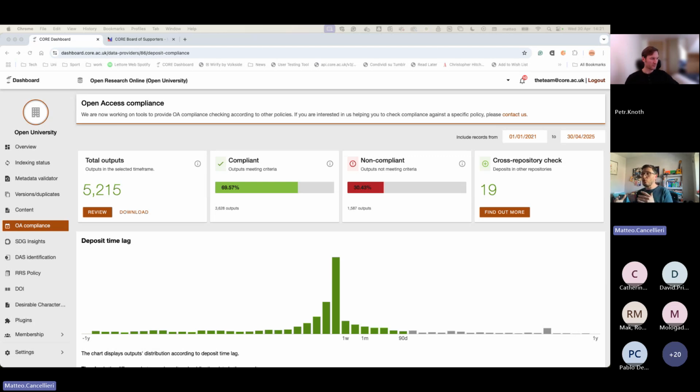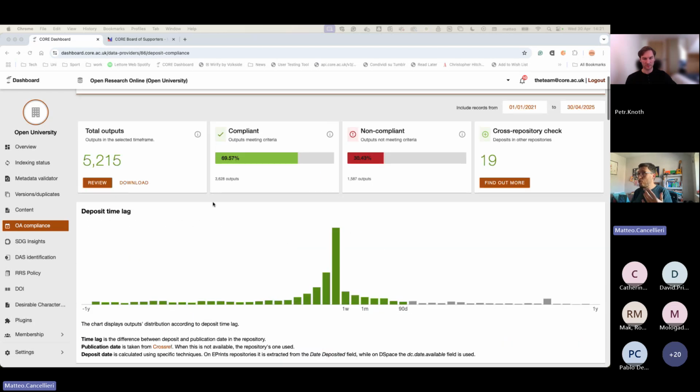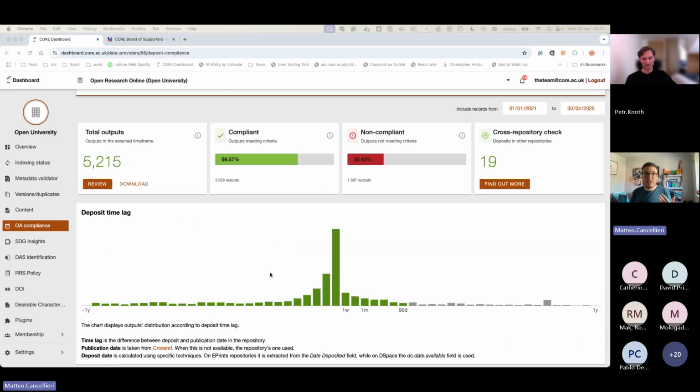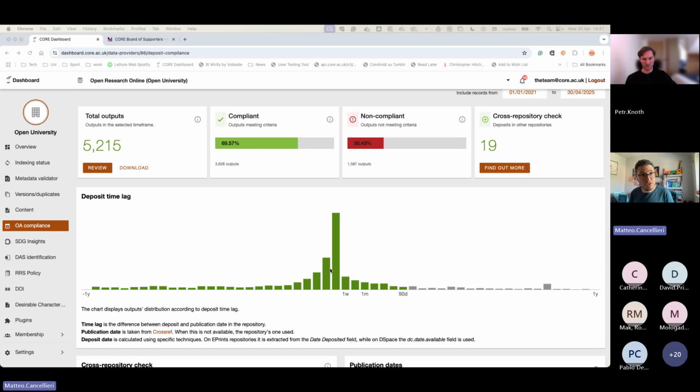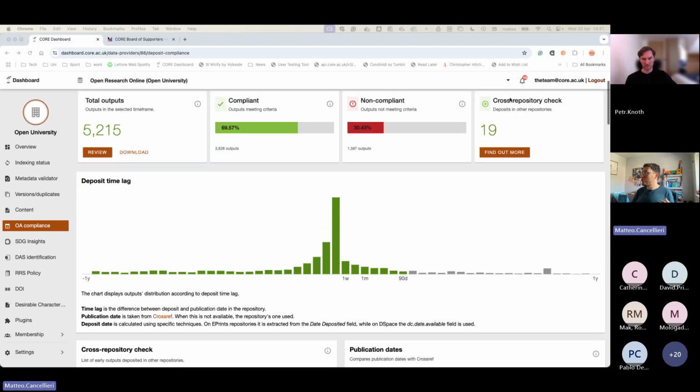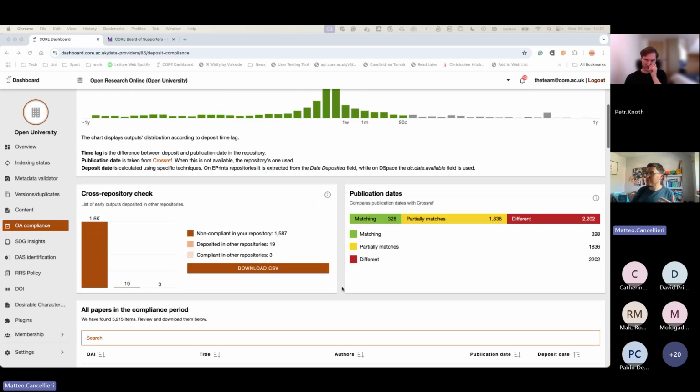So what we're trying to do is embed these things and use them as logic on many different aspects. What you see here mostly are things that are kind of ref related. We have the compliant tab here at the moment, which means about the 90 days I was saying before. But there is also this cross repository that picks other papers from all the other repositories to find if they are compliant. But we can also do things like